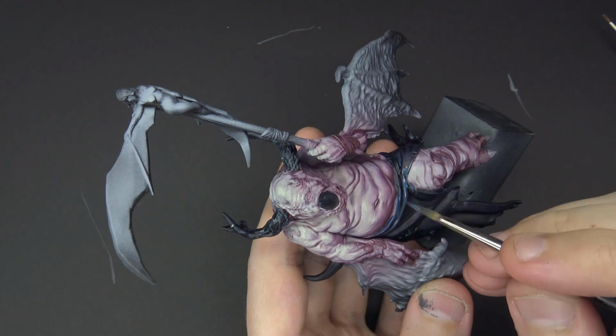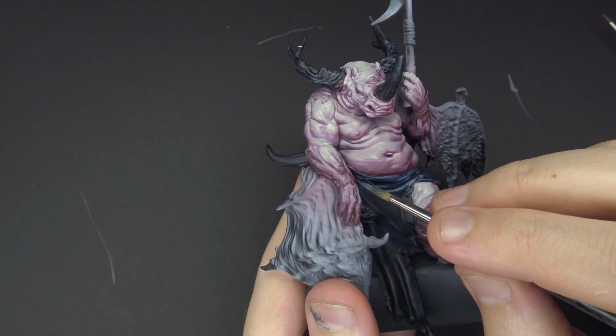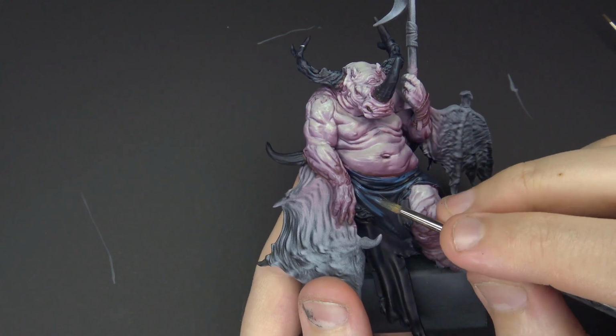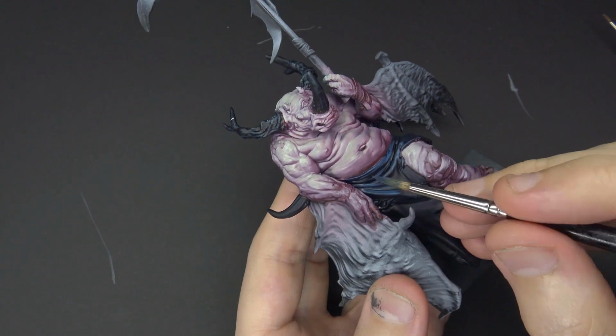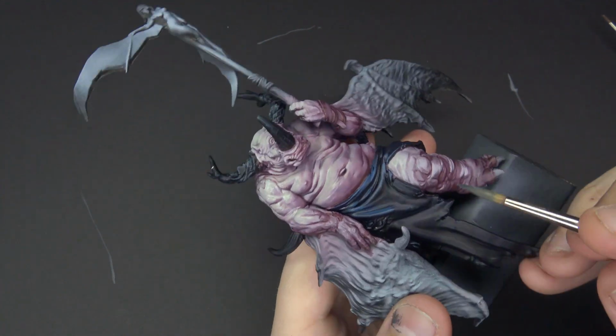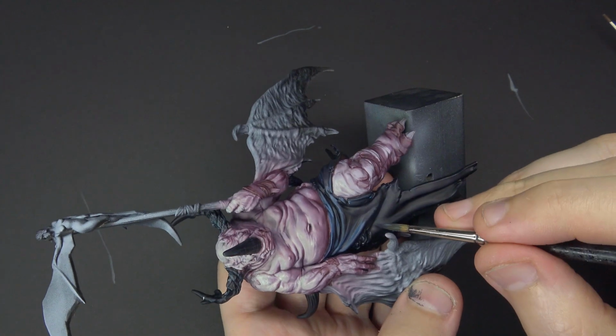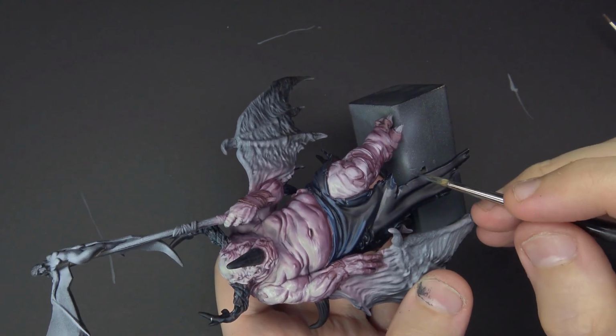The one thing I will say here, so this is probably where we begin contemplating the secondary light source. And the reason I say that that is happening now is because of how I choose to highlight this. I don't do much, if any, lighting on the bottom part of the